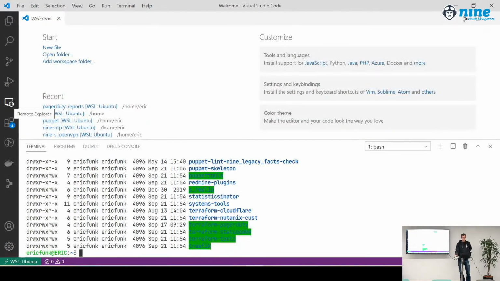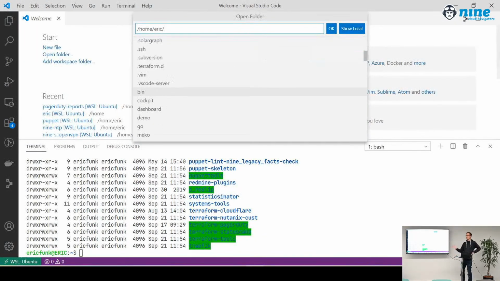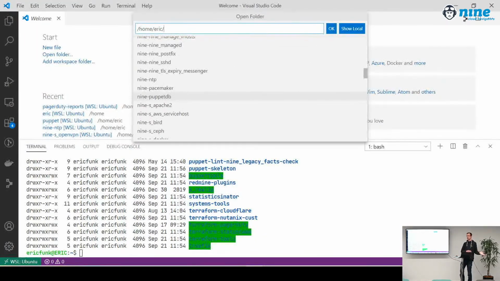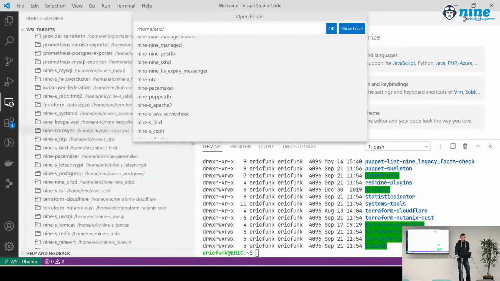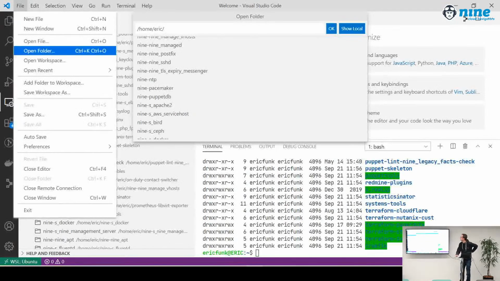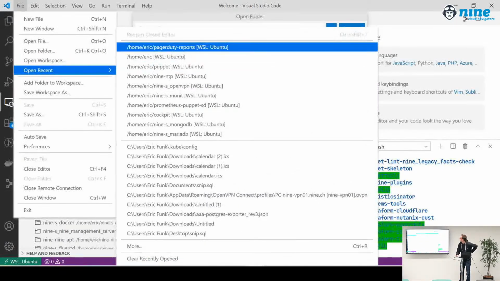If you open a folder, that's actually your home folder. So they set the root depending on which mode you are in. You're either in your Windows Explorer or in your Linux home directory. And there are some useful plugins, for example, the WSL plugin. Here you can list all the projects you have checked out on Ubuntu. Even if you open recent, you can see there is a little remark, Windows Subsystem for Linux. So you can see if that's a project that runs on the Linux virtual machine or a project that is native on Windows. That's quite cool.